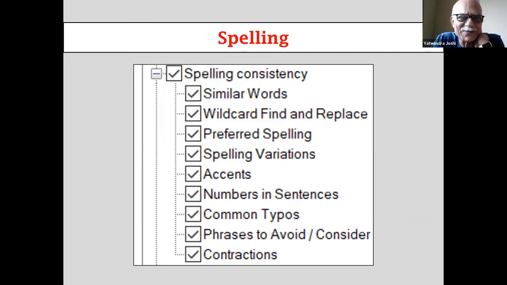Most embarrassing one, you people, this is about public and missing the L. So it has a list of such common typos, and it automatically checks against that. Contractions: in informal style, don't and can't and won't, that is with elisions, are acceptable. But in a formal style, they may not be. So you may want to check such contractions. It will flag them for you.